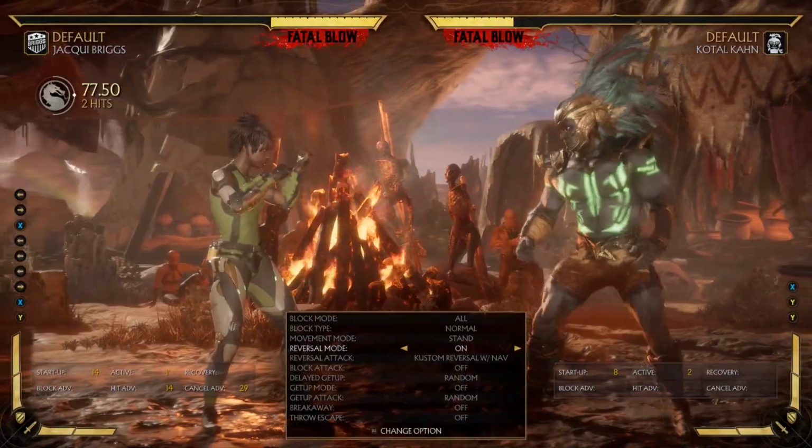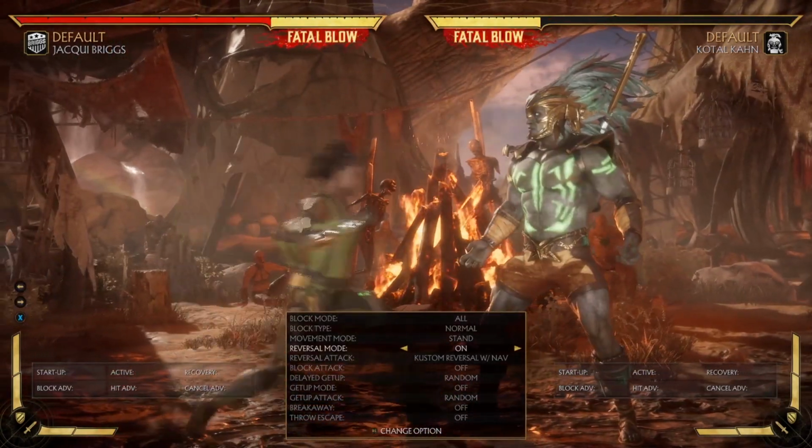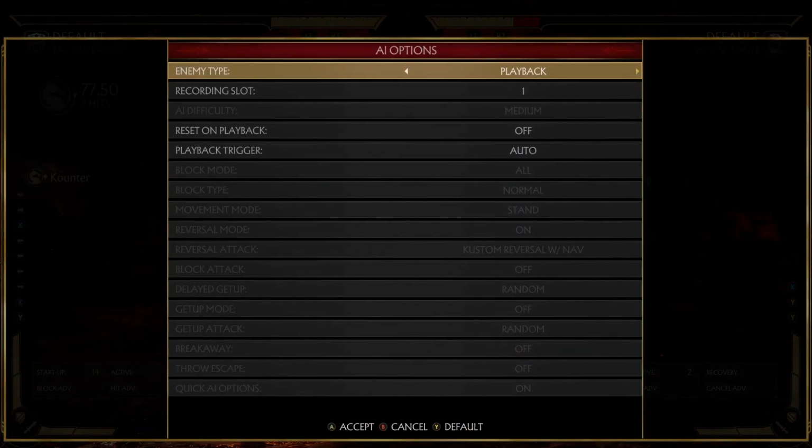See? Okay, so let's do it again, just so that you saw properly. Do this. Okay. But she has to backdash. If I don't backdash, I'm done. Alright. So now,